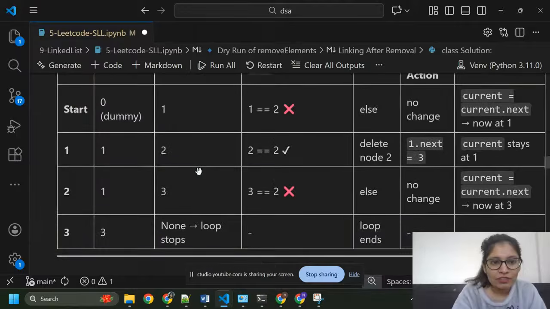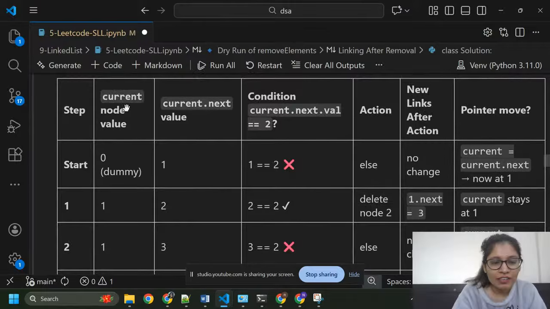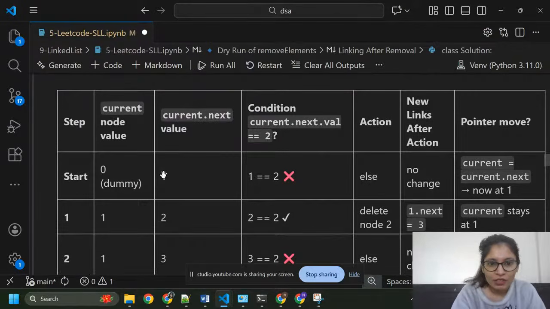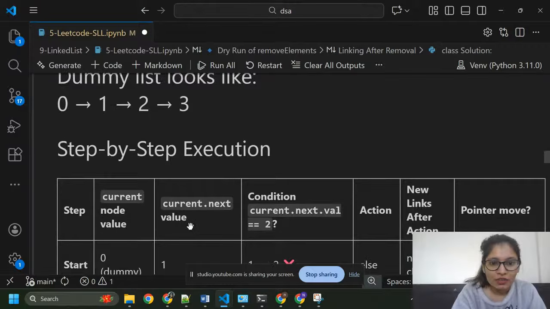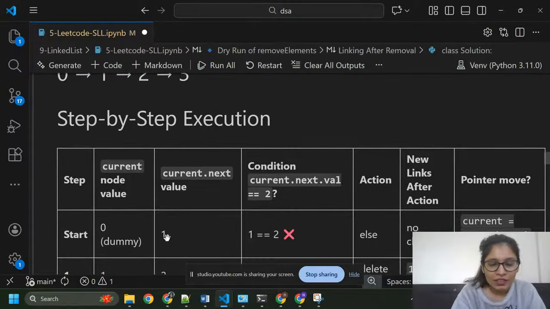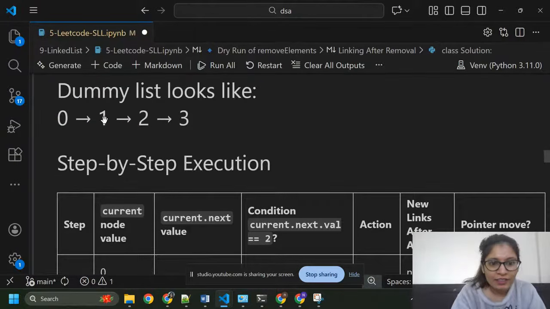So you can see I have current node, that is 0 dummy, and current dot next value, that is 1. After this current I got 1.